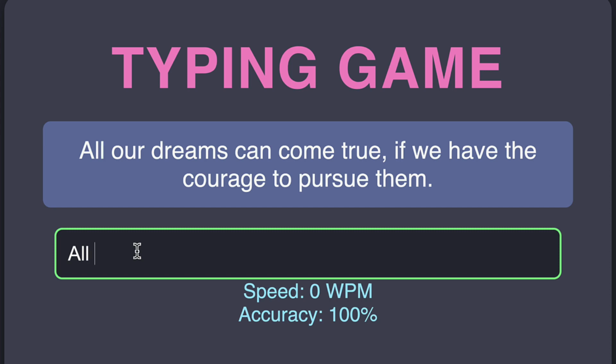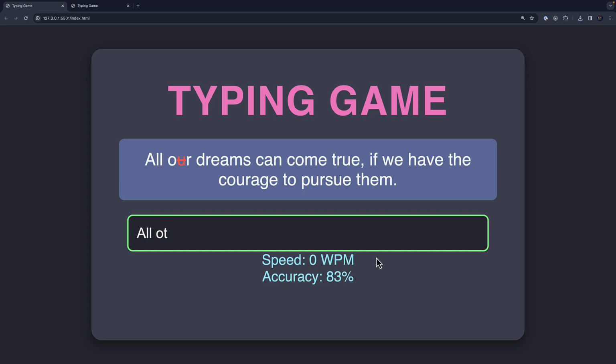And if I hit space and type, and then if I mistakenly type this, as you can see, we got an error, meaning that this is incorrect and my accuracy has decreased. You saw the error, and then if I type dreams, I got one error like that,